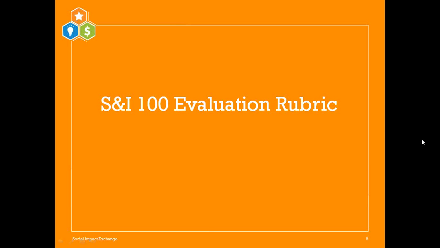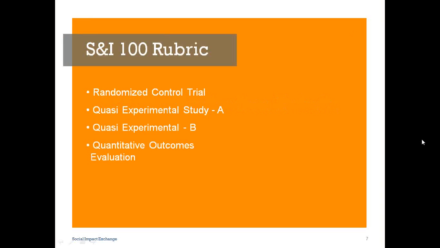So we're going to use some time to talk about the S&I 100 evaluation rubric, but we also want to use this time to talk about the methodologies of the different evaluation types in this rubric, so that folks who are interested in pursuing evaluations have a good sense of what they should be looking for prior to commissioning one. The type of evaluation an organization pursues is determined by a variety of factors: resource constraints, funder requirements, stakeholder priorities, and sometimes competing priorities, commitment to learning, etc.